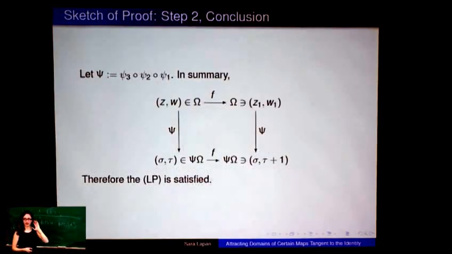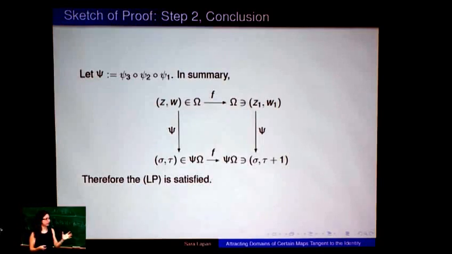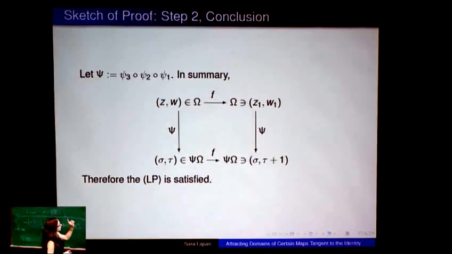Okay, so this is concluding the first step of the proof, which is the big part of it. So if we let capital psi be all of the coordinate changes, then what we have here, we have zw and omega. Well, we have that this